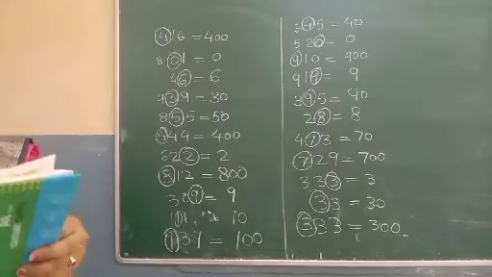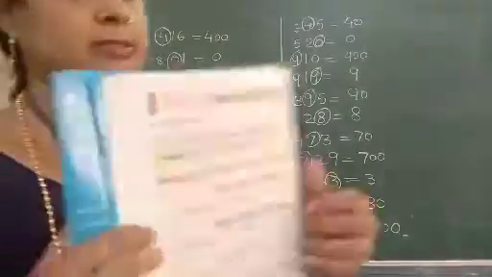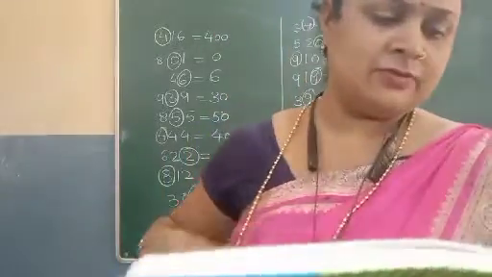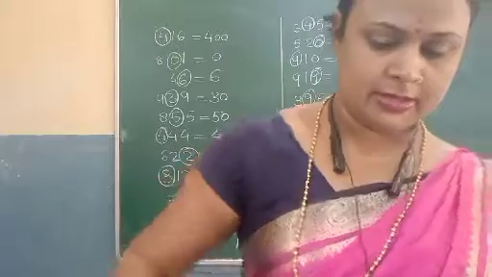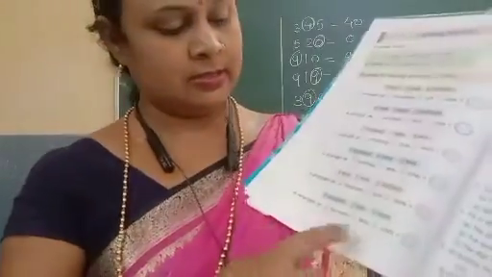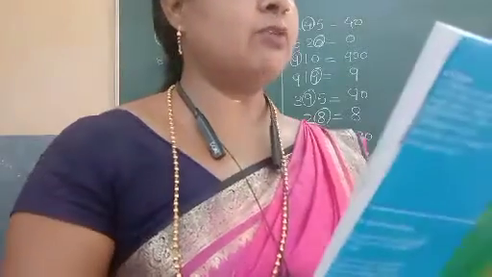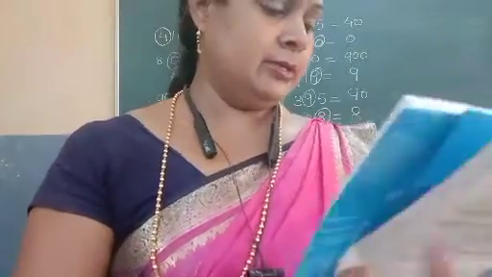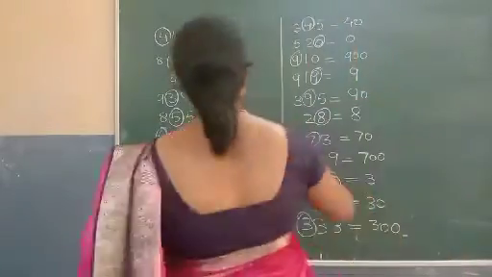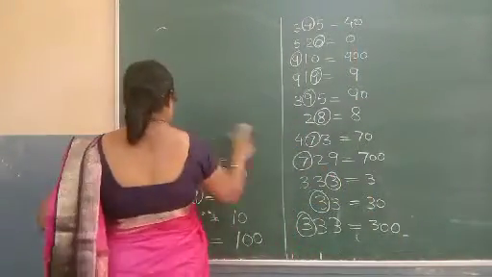Now next one is making numbers. Okay, you can write here what is tens, what is ones, what is hundreds. Here are given hundreds, ones and tens. So you can fill this space. Okay, now next one is activity worksheet 2. In there you can also count and write. Okay, all of you count and write in the activity worksheet.